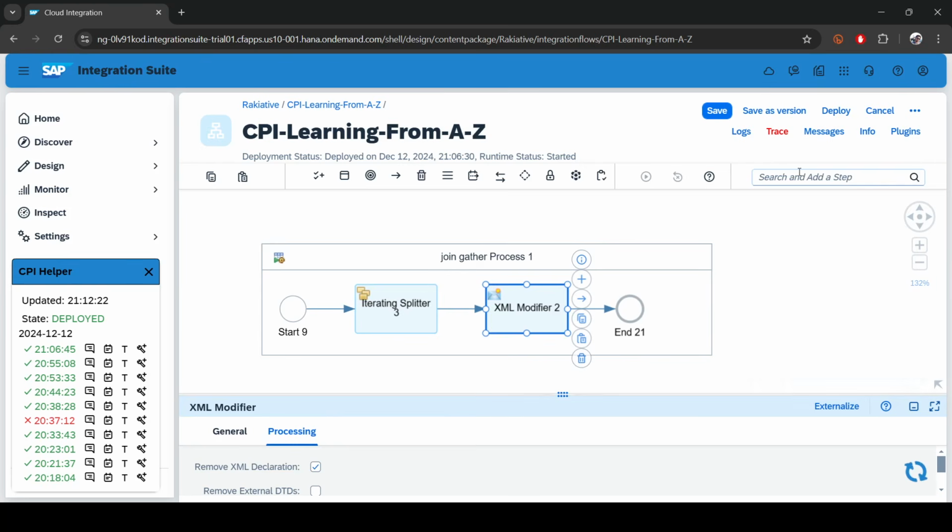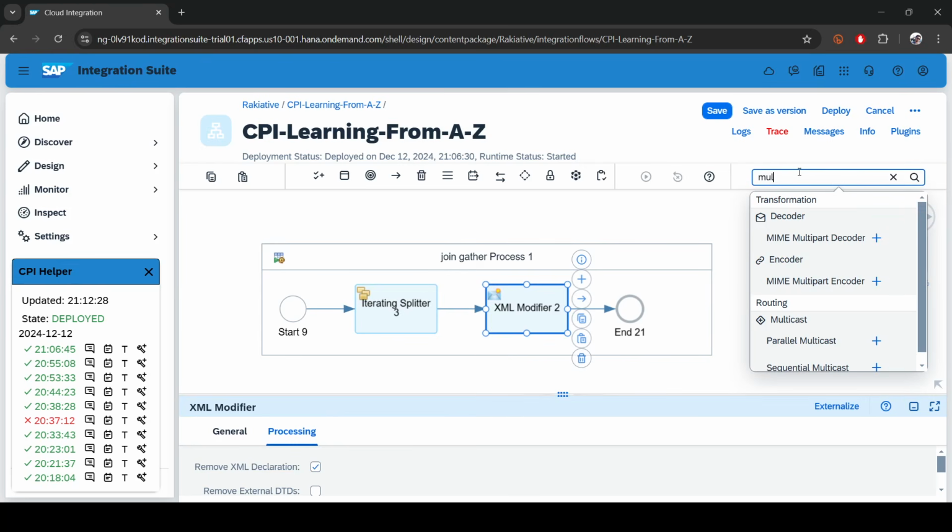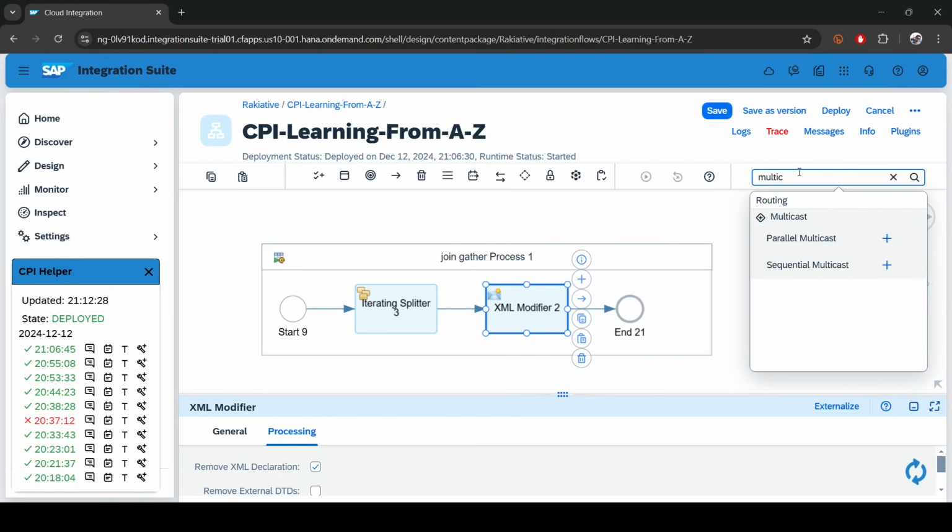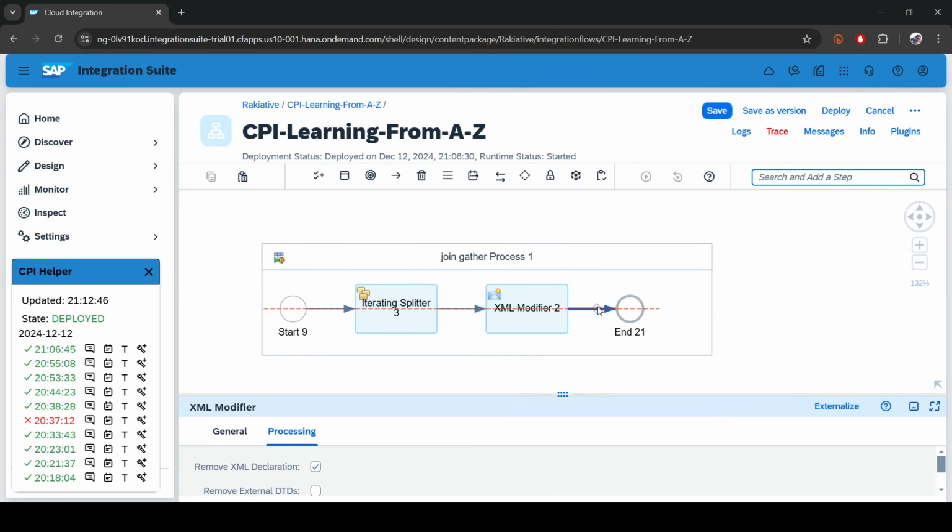Now the important part is the multicast. Let's see what type of multicast we have. Okay, so we have two types of multicast: parallel multicast and sequential multicast. The only difference between these two is, let's say you have 4 branches connected to the node. Let me drag this one for now,